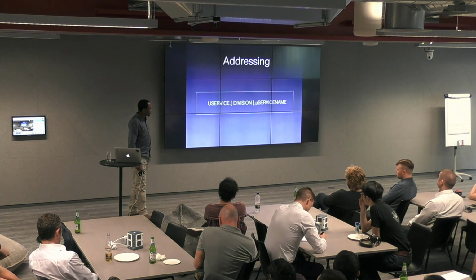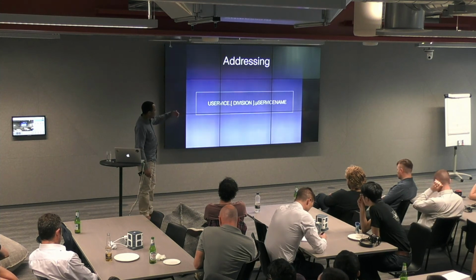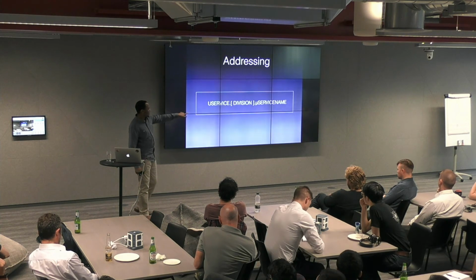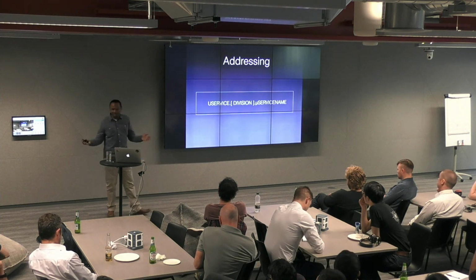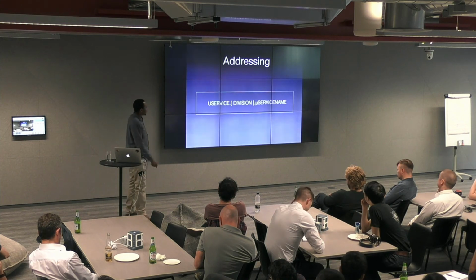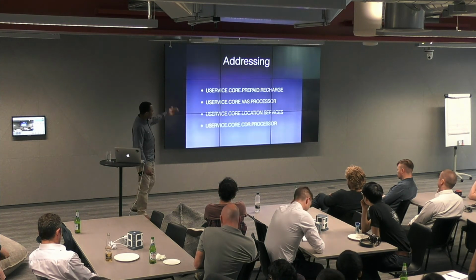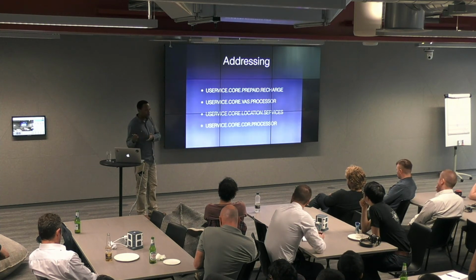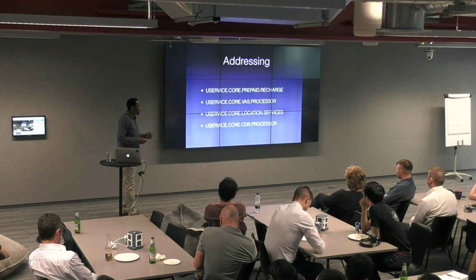So usually you just come up with an addressing scheme, a naming format, right? Maybe you'd prefix this with microservice, and then the second entry will be your department, division, or something in your organization, and then the microservice name. And then from this, you come up with your microservice names, or queue names, which you're going to have in Rabbit.